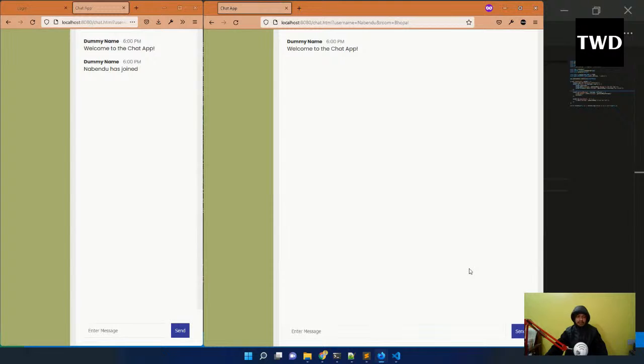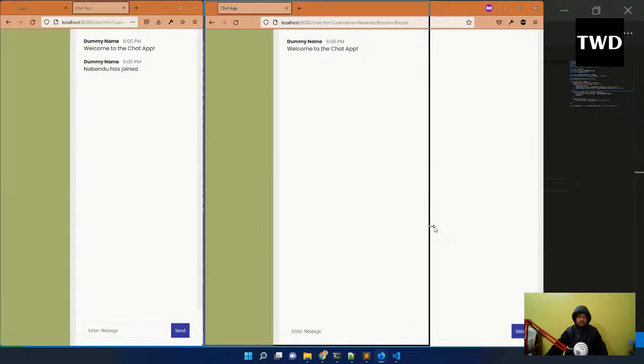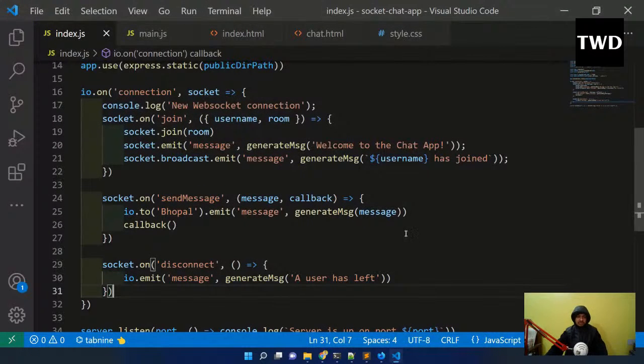So this is one way to pass data also, and this is known as query string, and that's why we are using that query string thing. Hope it is clear now. We're using that query string thing to get everything. So it is getting to a room, but here we are hard coding it to Bhopal room. Later on we're going to change it so that the user can enter any room. Right now he or she can enter Bhopal room only. That is there. Join I have done. Now